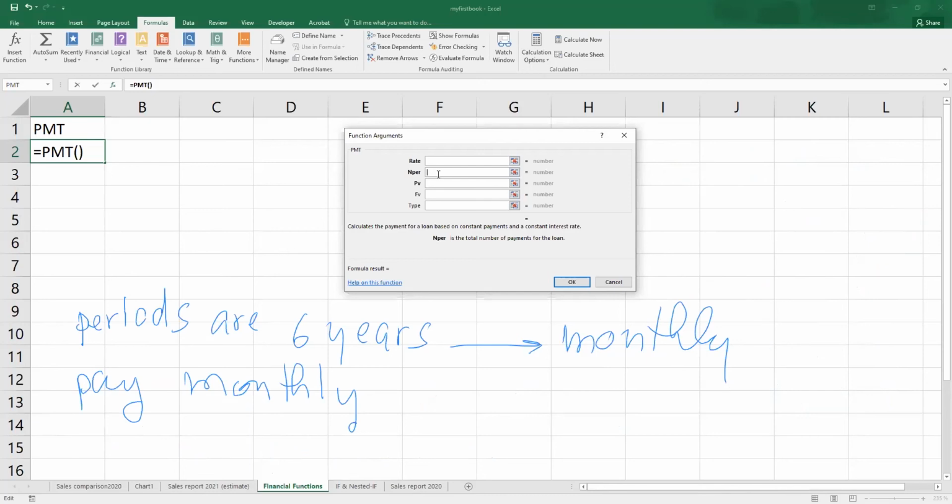That means you have to multiply 6 with 12 and then you have to specify that your N per is 72 periods. Don't enter 6, because if you enter 6 that means 6 years, the monthly payment will be payment per year, not per month anymore. So be careful in this one. And also when you convert the number of periods to be monthly periods already, the interest rate